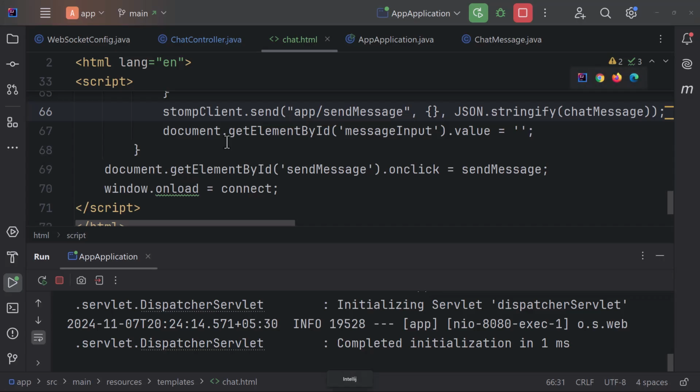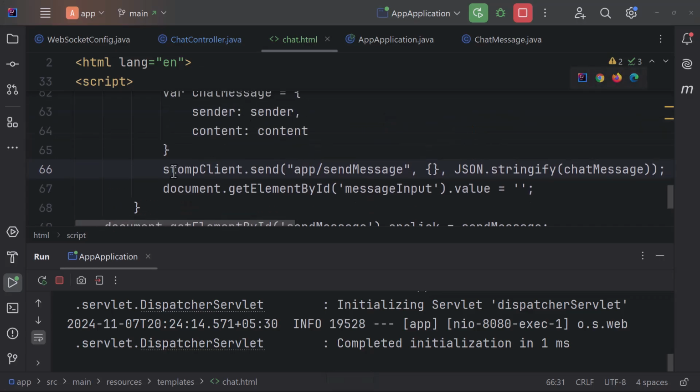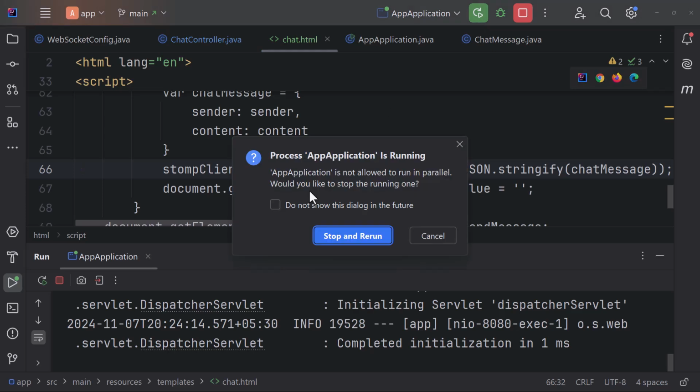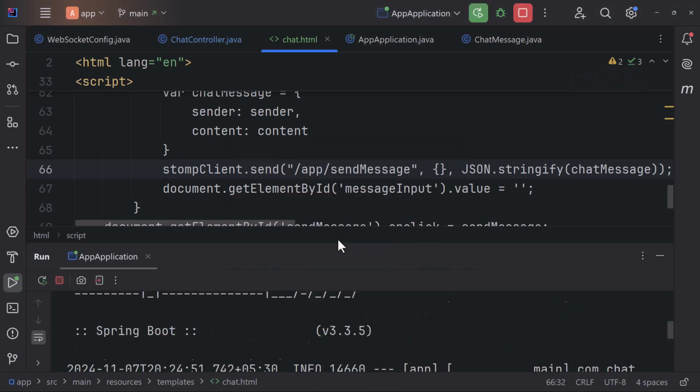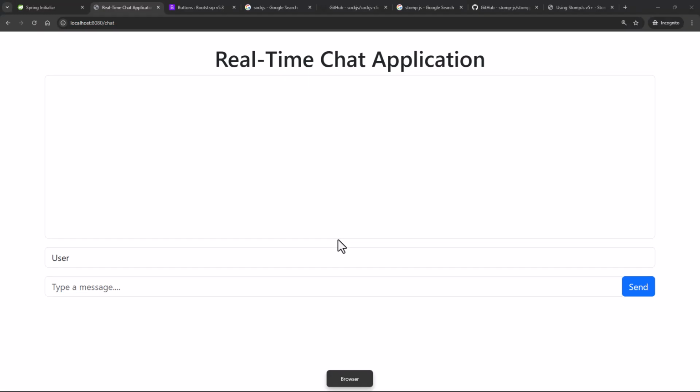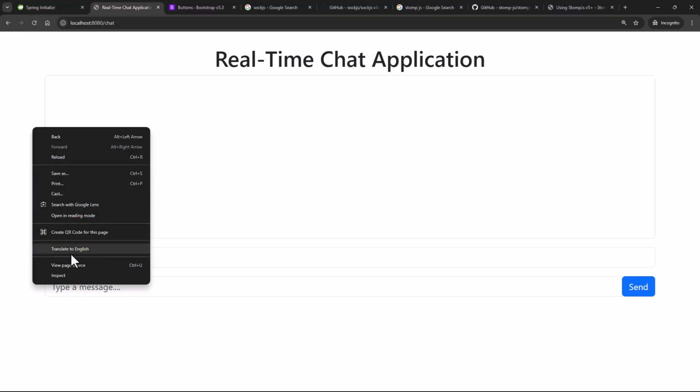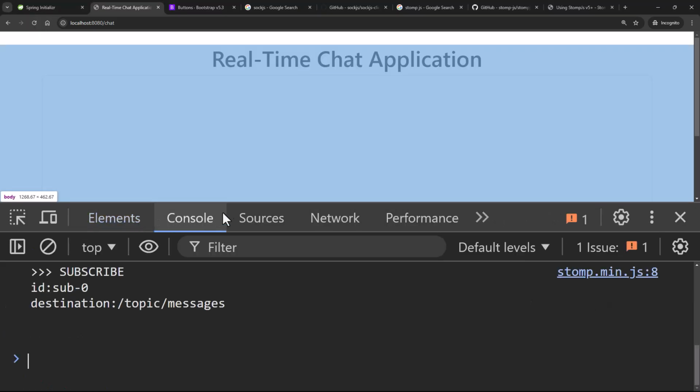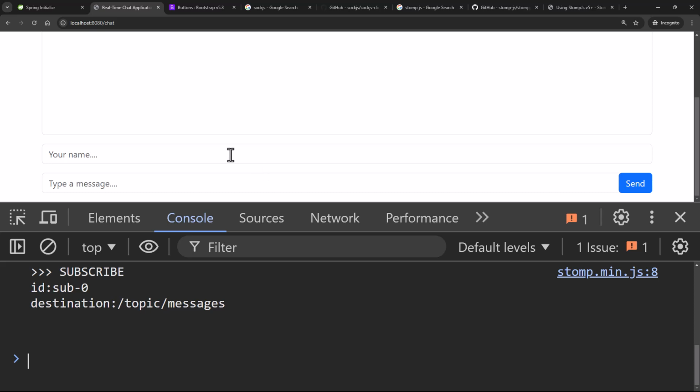One of the possible reasons could be that when we are sending the message over here, we are sending it to app/sendMessage. So it should be /app/sendMessage. That's a mistake. I missed a slash over here. I'll rerun the application and let us see how this behaves. I'll refresh and go to inspect console. I'll scroll down, and you can see we are now subscribed to this particular